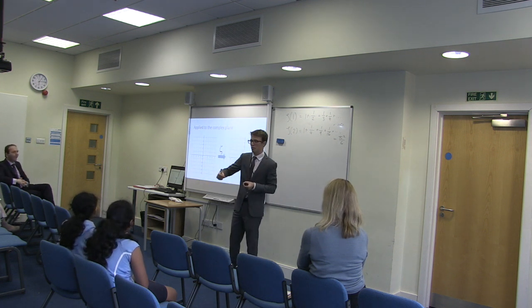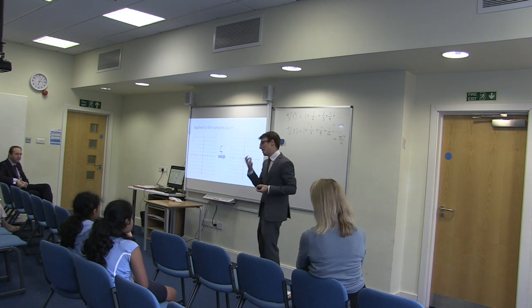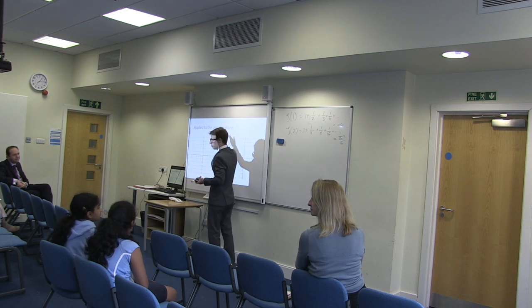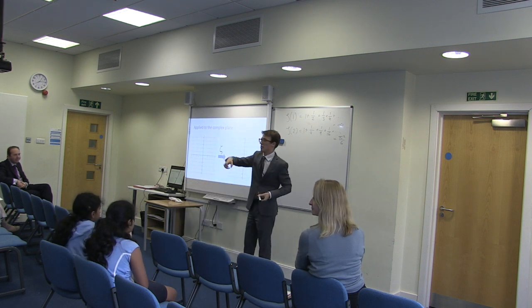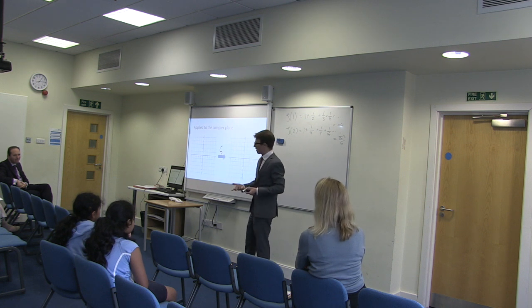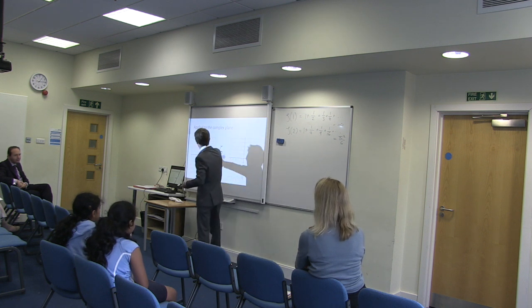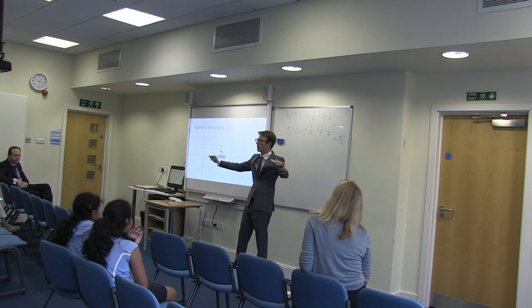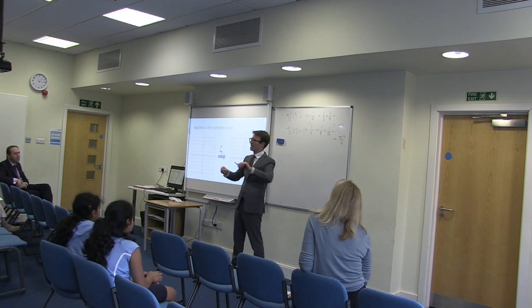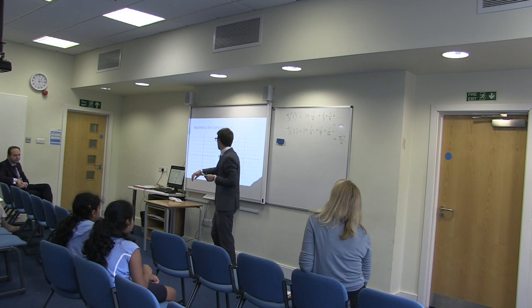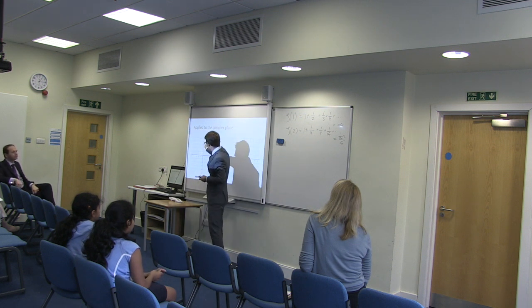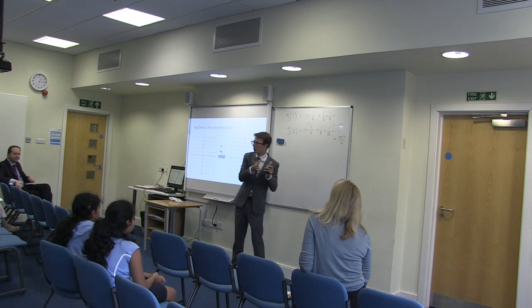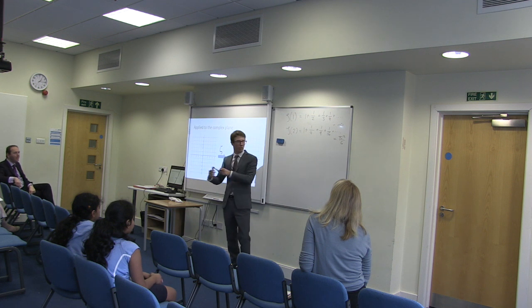So that's how this function works, but it gets more complicated because the functions that I've been talking about, you plug in a number, you get out a number. Those of you in year 13, or maybe lower down, will be aware of complex numbers. So really what's happening is you're plugging in a complex number and getting out a complex number. But for those of us who don't know what complex numbers are, one way of thinking about it is instead of putting in a number, which is a one-dimensional thing from the number line, and getting out a number from the number line, instead, you put in a point on the plane and get out a different point on the plane. So it's taking a two-dimensional number to a two-dimensional number.